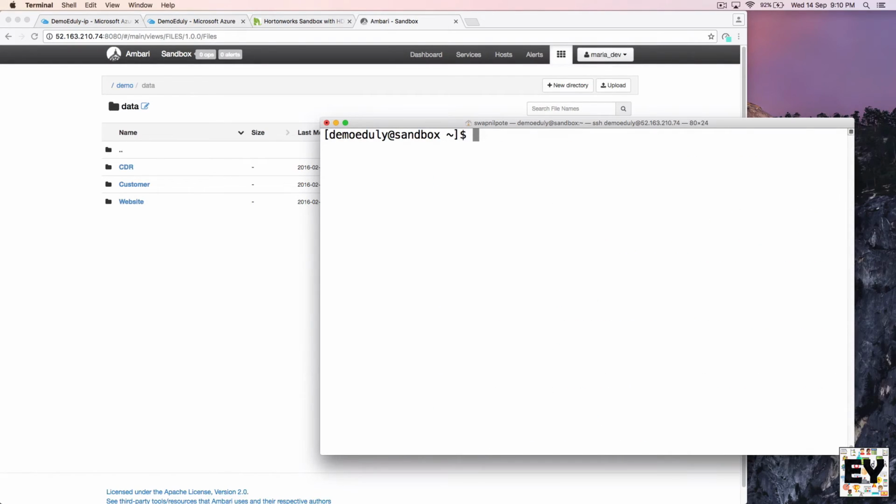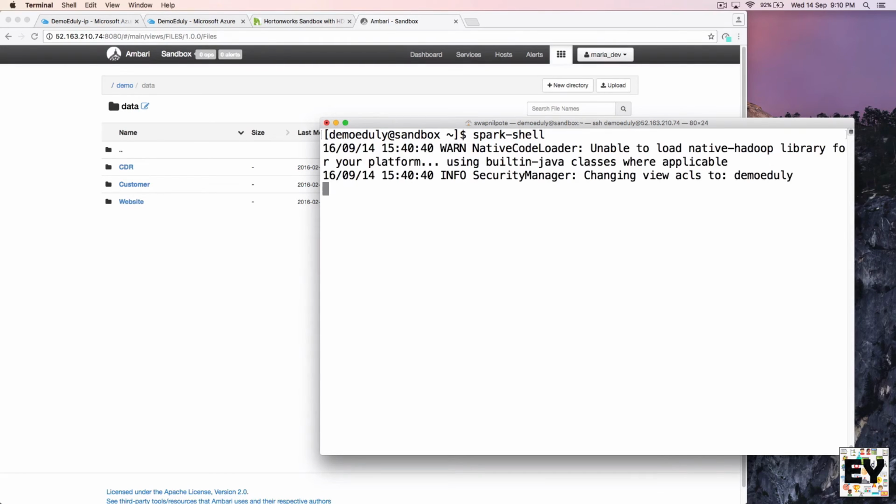that particular interactive shell. In the same way, you can type Hive and you will go into a Hive shell. And guys, we are using HDP 2.4, so we are getting Spark also. If we are learning Spark, you can access Spark shell also from here. Just type spark-shell and it will launch your Spark shell also.